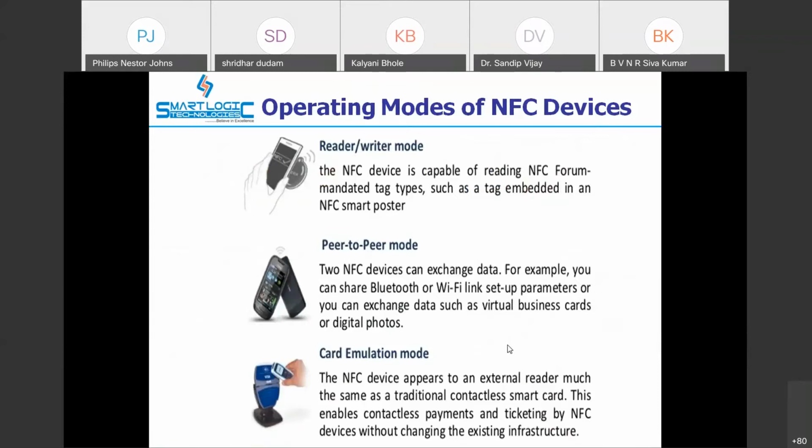And card mode, where it appears to an external reader, so we can read the data. It's mainly used for payments and ticketing purposes. Instead of carrying the credit card or debit card, we are emulating that credit card or debit card on the smartphone. So there is no need to carry your smart card.